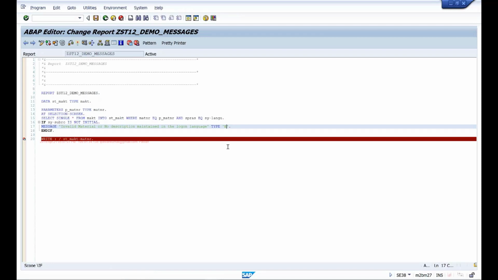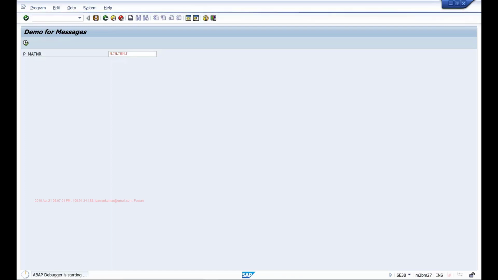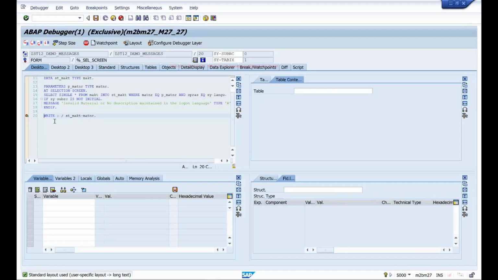Now let's see what happens with the warning message. With the warning message, when I execute, it is showing as a yellow exclamatory mark in the status bar, right? But when I hit enter on the keyboard, it is loading the debugger, because after showing the message, it is not stopping with the program execution. It is continuing the program execution. So it's just pausing, showing a message, and if I perform some user action like hit enter on the screen for the message, then it continues executing the next statement in the code. Okay, so it's going to the write statement.